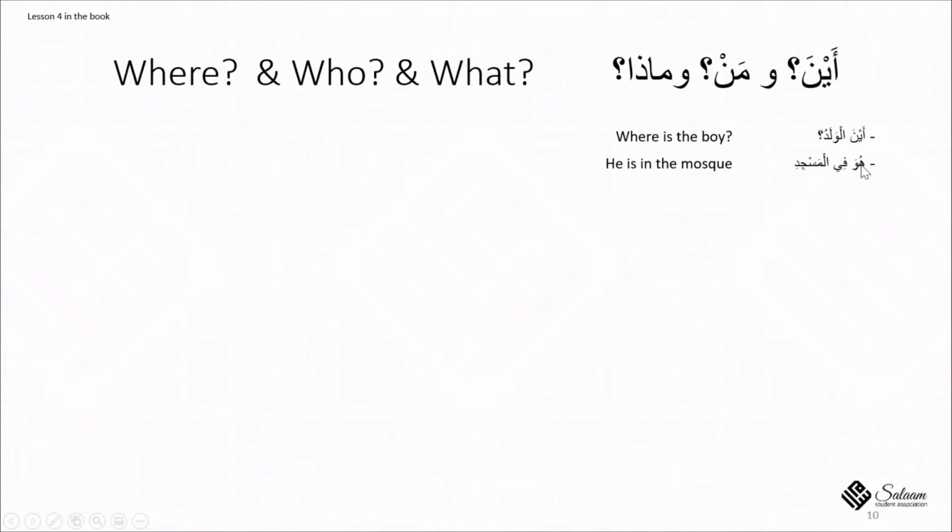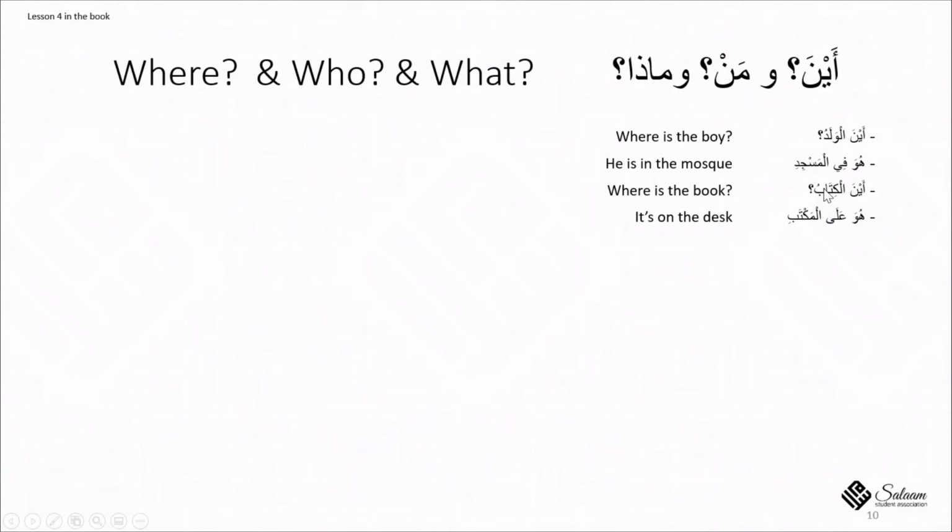So هو, because الولد is a singular masculine noun, that's why we use the pronoun هو. في المسجد is just a preposition and the genitive word after a preposition. هو في المسجد. He is in the mosque. We don't have "is" in Arabic, so that's why we don't have anything here. هو في المسجد. أين الكتاب؟